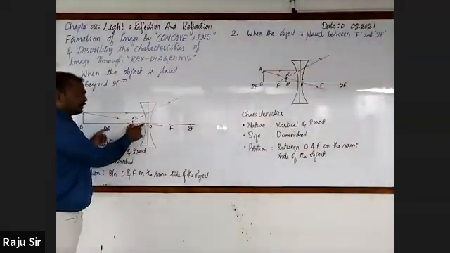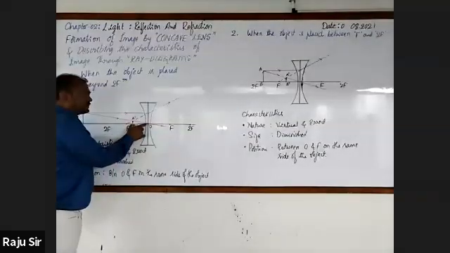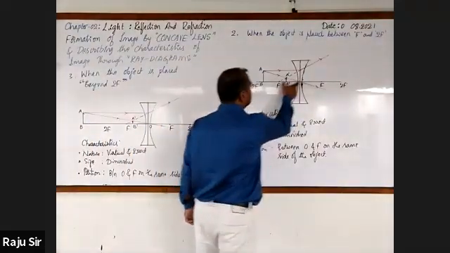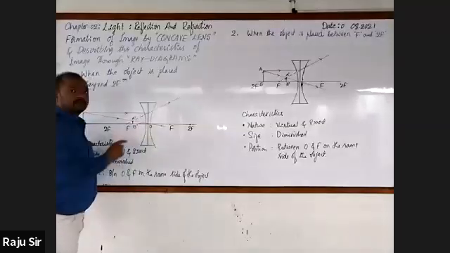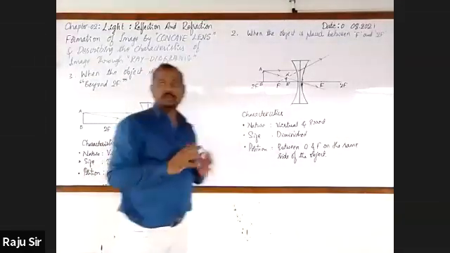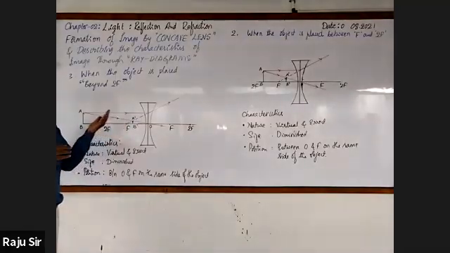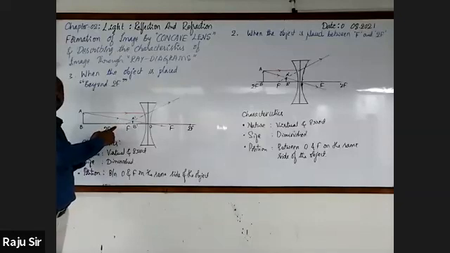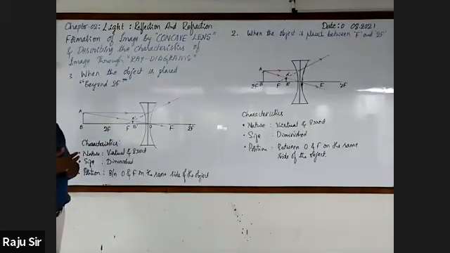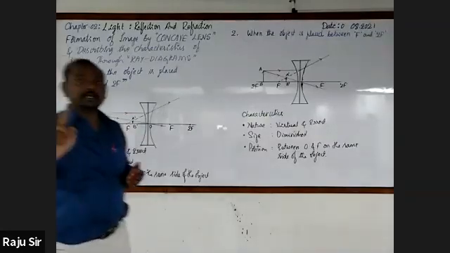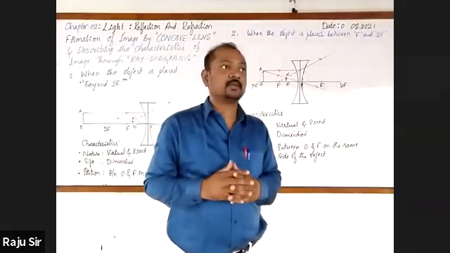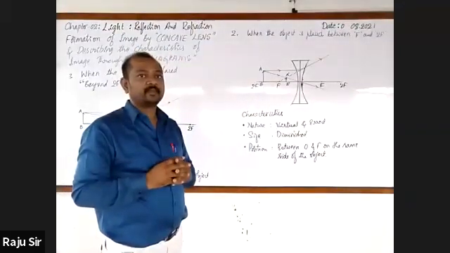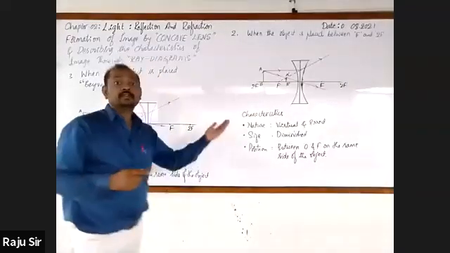So compare with a hand distance and you will see. First one, second one, and third one. This is second one and this is third one. As the object is moving away from the lens, is the distance of the image formed increasing or decreasing? Increasing, sir. It is increasing.